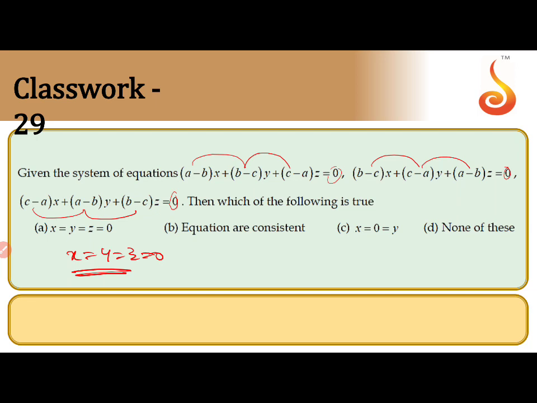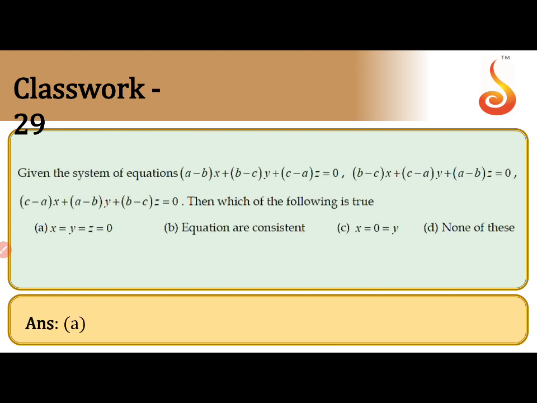So I hope you have this one. If the determinant is 0 also, you can take it. If you take the determinant a minus b, b minus c, c minus a, that also gives a 0 answer. That means this is an identity. Each one is an identity. So the only possible answer is x equal to y equal to z equal to 0. I hope you understand this one. There's only one possible solution, x equal to y equal to z equal to 0 only. This one is a standard question.